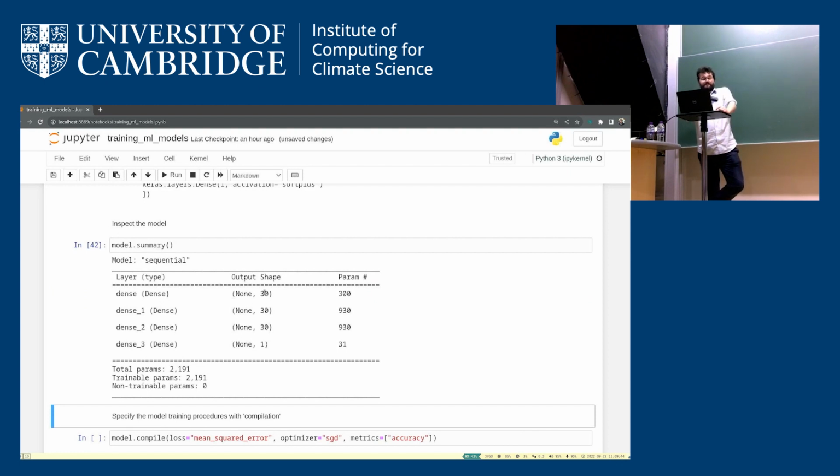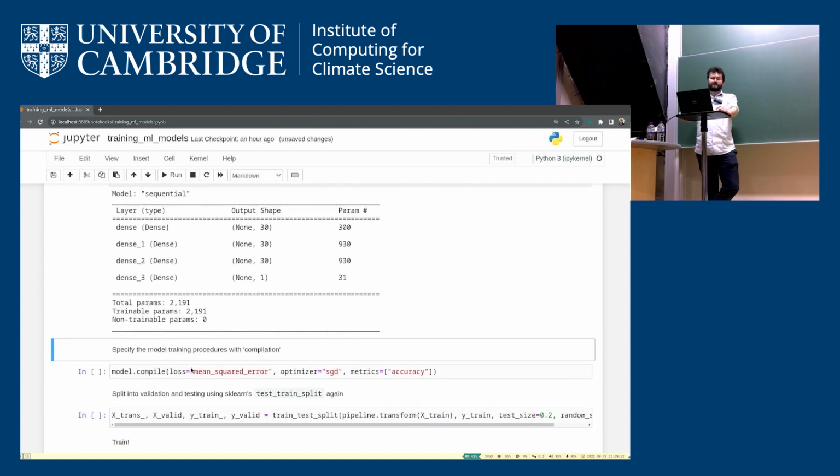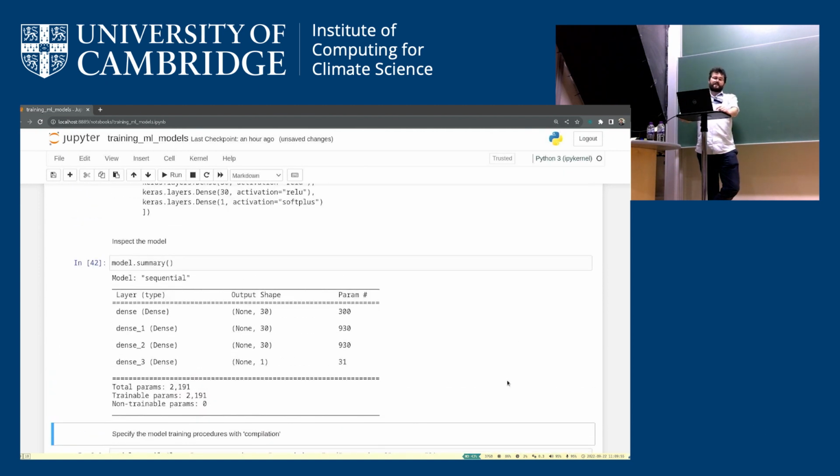Here, this is fine because we have enough to go on, and this is where regularization becomes important, basically. So here, you then define the model with this compile step that defines the loss function, the optimizer, and the metrics. Remember, we defined the anatomy of the network, which is this bit here, and here we defined the training procedure. Again, we're going to say mean squared error, which is the first thing you think of, the stochastic gradient descent, which is a relatively straightforward one, and then we're going to also record an accuracy,